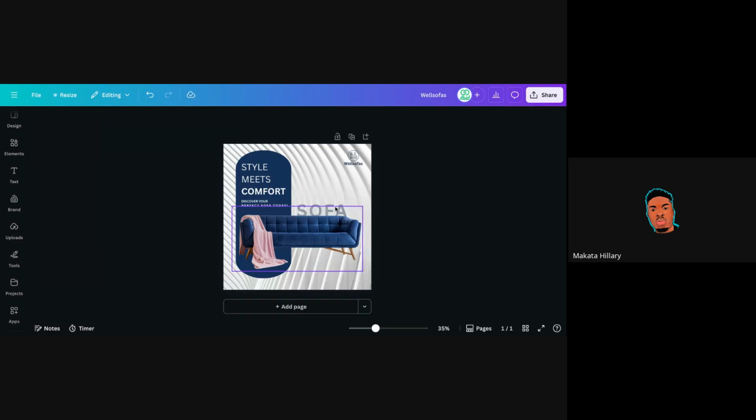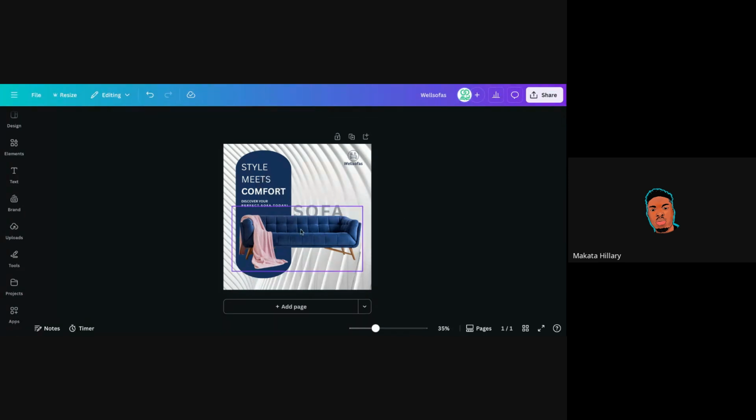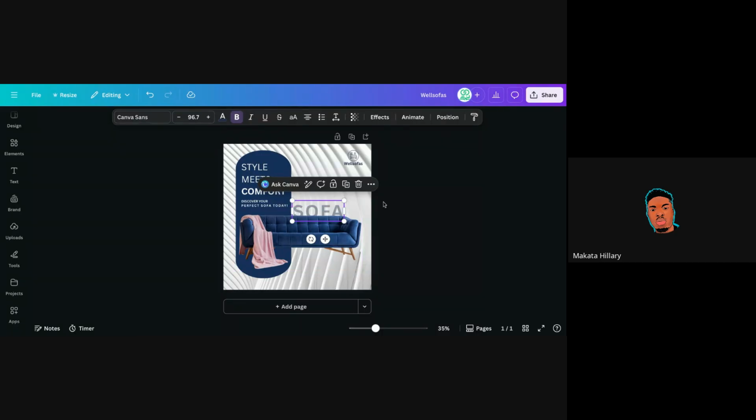Now we have sofa, but the sofa is behind the sofa, so someone can have an idea of the type of seat, the type of products this is. Remember, it's a social media post for a sofa company. So you write sofa, that's Where Sofas is the name of the company. So the type of seat is sofa. If the type of seat is different from sofa, you just add another name depending on the seat you